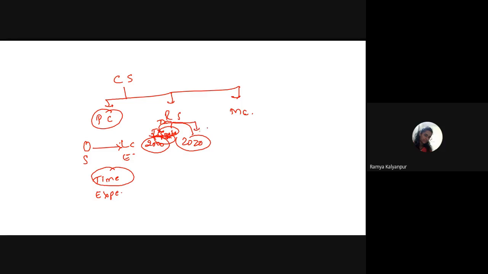Then in 2020 I will go and meet the smokers and non-smokers, and check whether they have developed lung cancer or not. So this particular design we call what? Retrospective cohort. That is, we are going back in time, then again coming forward to the present time. Now by doing this, what is happening? I am able to save my time, because I am not wasting time just following these exposed people over a period of time. So here less time is consumed.